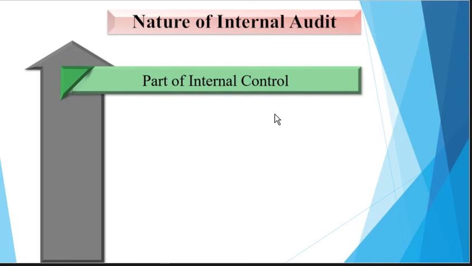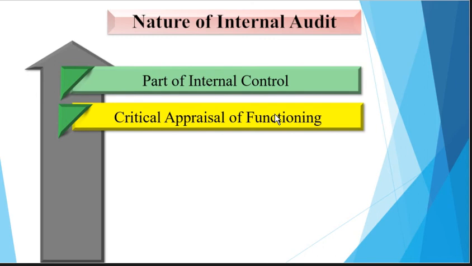It seeks to review accounting, financial and other operations as a basis for service to the organization. It is a managerial control to measure and evaluate the effectiveness of the other controls. Second nature of internal audit is critical appraisal of functioning. Friends, internal audit is a critical appraisal of functioning of various operations of an enterprise, including the functioning of the